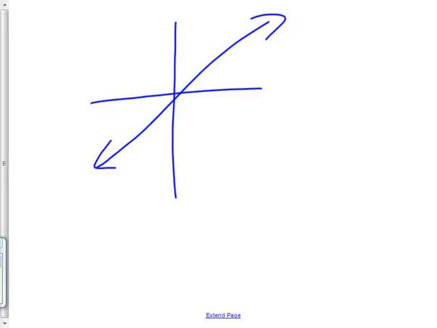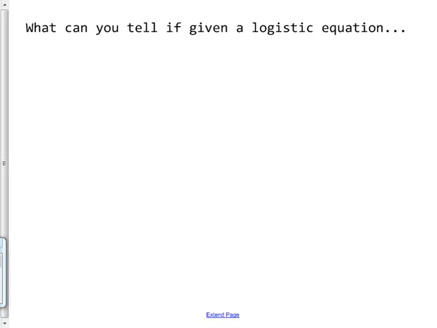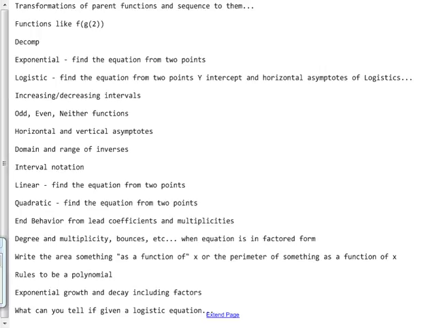Anyway, there's more if you want to look it up in the back of the book. That's another smart thing to do right before the test. Maybe you can take a quick peruse of those. All right. Logistic, that's another one of those from the back of the book. All right, so I think